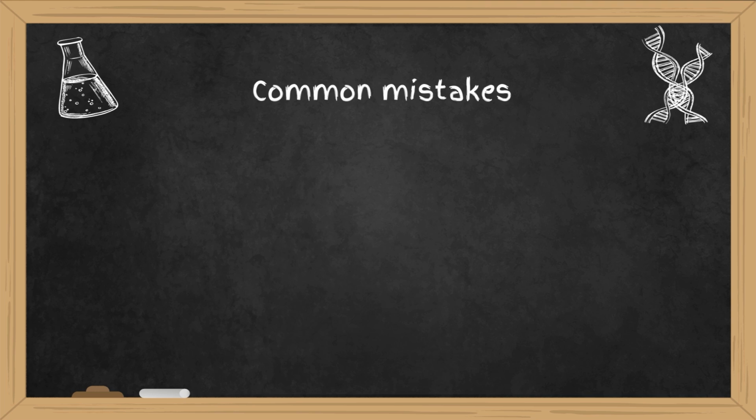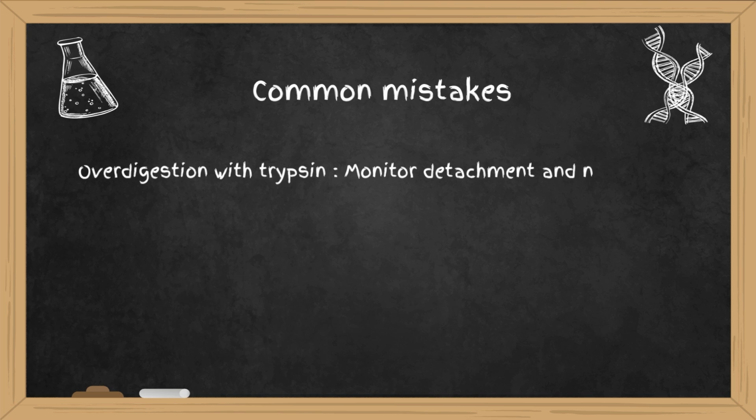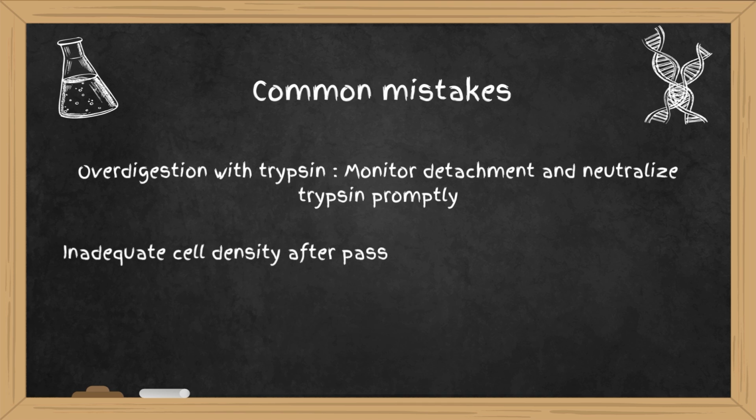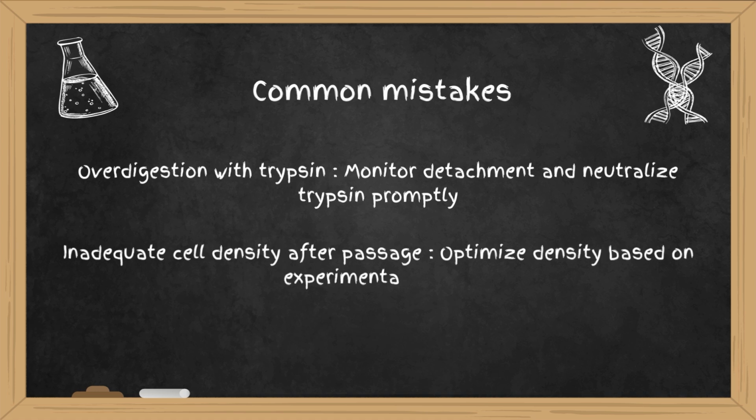Now that we've covered the theoretical principles, let's review common mistakes to avoid during cell passage. Leaving cells in trypsin for too long can damage surface proteins, leading to poor attachment and reduced viability. Always monitor detachment and neutralize trypsin promptly. Seeding too few or too many cells affects growth and experimental reproducibility. Always optimize density according to your experimental needs. Poor aseptic techniques